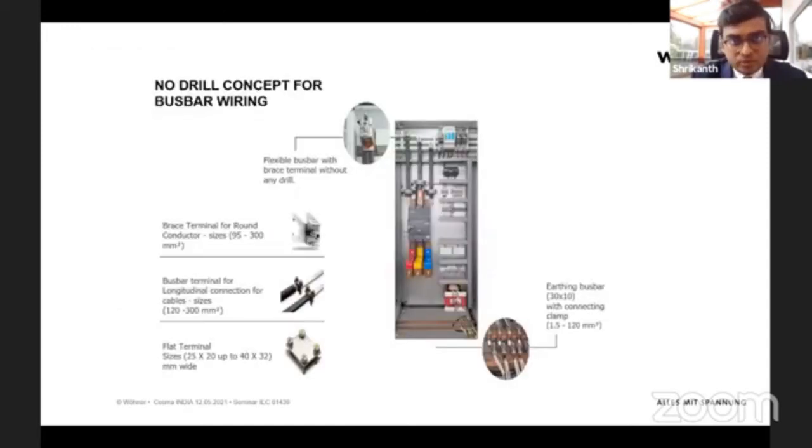A little bit more details about the bus bar system. Not only if you are connecting cables or bus bars, what we call it, we have clamps, for example a spider clamp, where instead of drilling and connecting the bus bar to bus bar, you just put two bus bars, remove the installations, maybe it's flexible, and you just clamp onto the bus bar, and you tighten the torque which is mentioned on the clamp, and then that's it. So we also call it a maintenance-free